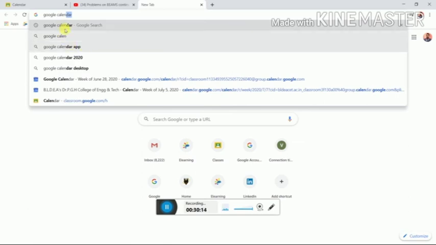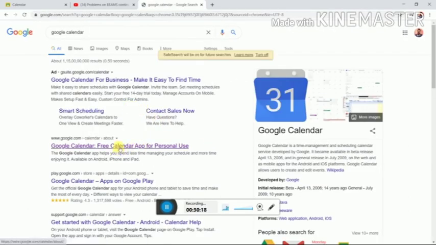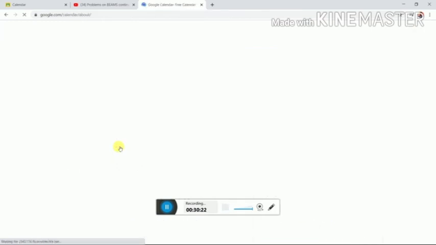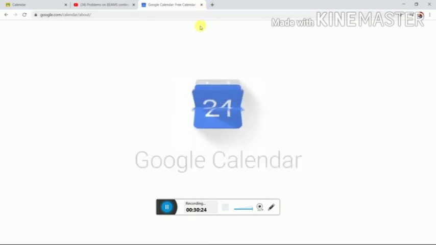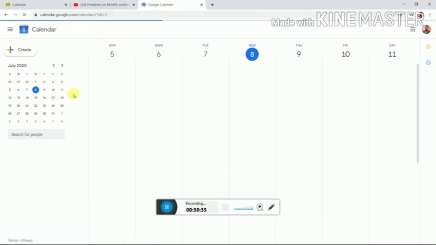Log into Google Calendar. As we have already logged into Google, it will directly go to Google Calendar. Sign into Google Calendar. It will show this one.